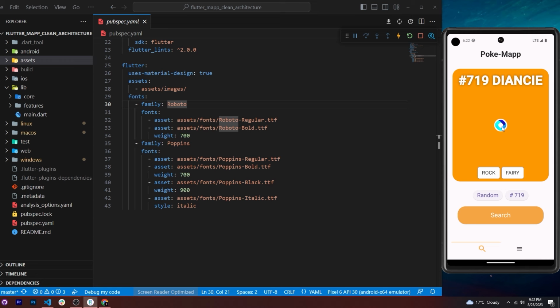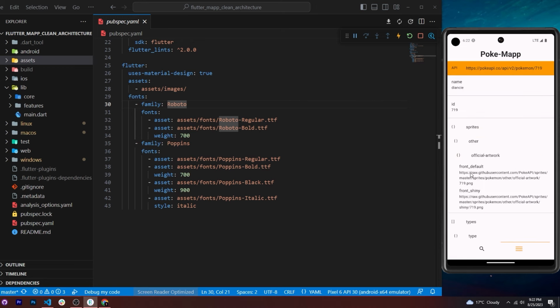We will create a new feature inside our clean architecture, and the feature will be to retrieve the image from the internet, coming from this URL. So this page is the API that we retrieve from the internet, okay? And you can see that inside this API, we also retrieve a URL, which gives us the image of the